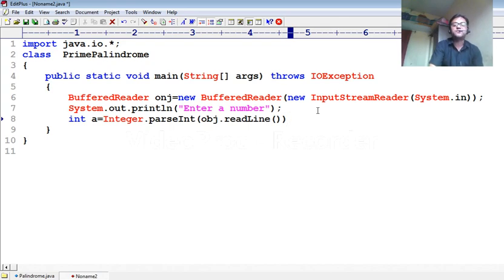So it will take a value from the keyboard in the form of a numeral string as well as a string, but we need only a number. That's why I used the term numeral string, and we convert this numeral string into an integer by using Integer.parseInt. Then whenever we perform the digit extraction process, the original value of the variable is lost. That's why we need to copy the value. So in another variable b, int b equal to a, I copied the value.